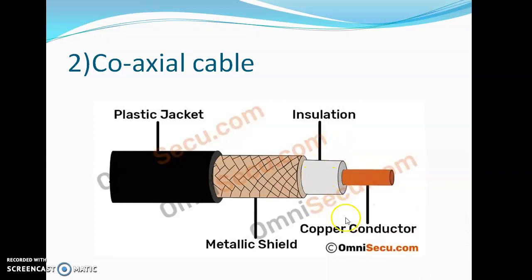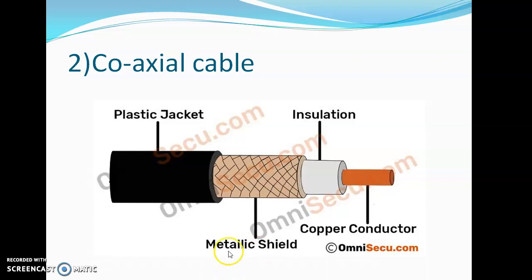This is to prevent the signal we transmit in this wire from going out. Then outside the insulator we have another type of shield,